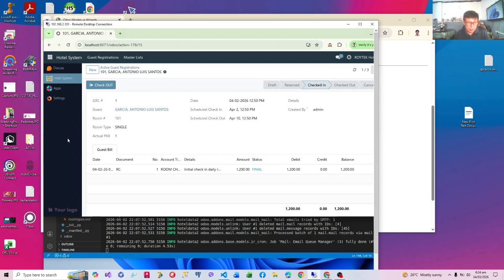A wizard is actually a pop-up screen that will ask for the different user inputs needed to add an entry here. And it will have a save button. Once it's saved, it will copy the contents of the transient model into the roombill.py model that we have created earlier. Remember, this is taken from roombill.py. I hope you follow.